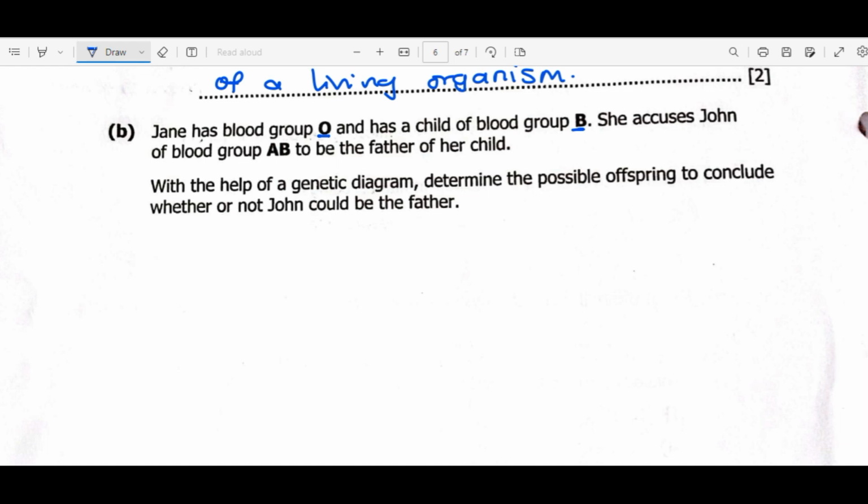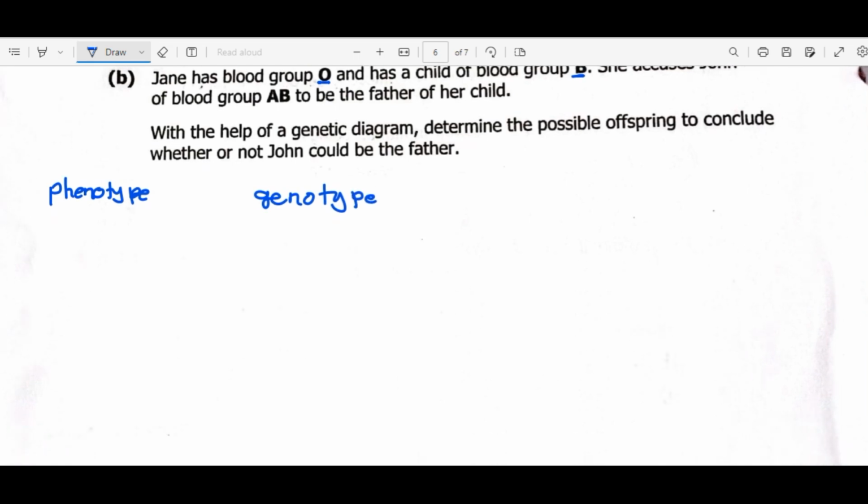Now, before we look at our genetic diagram, let's look at some notes. We'll first look at the phenotype, then the possible genotype, then the blood groups each individual can have or not have. So the first one, we'll look at blood